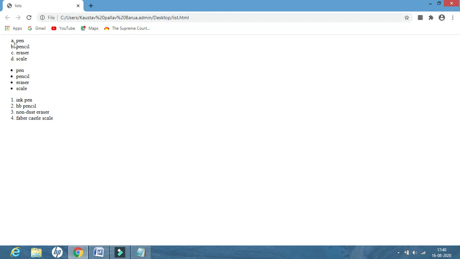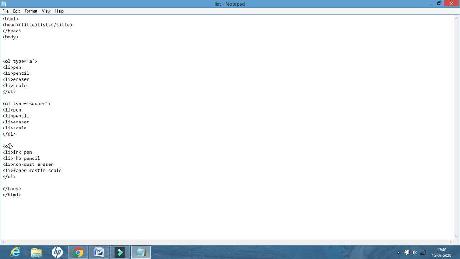See, this is ABCD, but this is 1 2 3 4. Why? Because for the second list I did not specify any type. Because I did not specify, it will take the normal numbering system, that is 1 2 3 4. If I want to display it as ABCD, then what will I write?